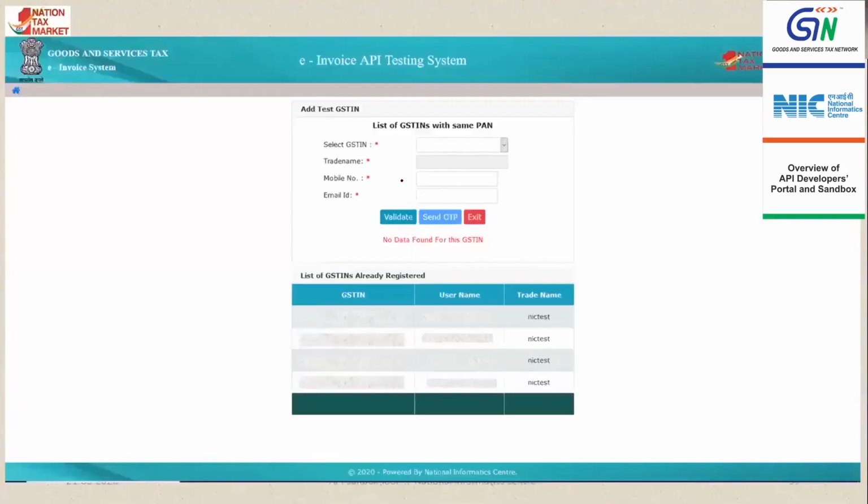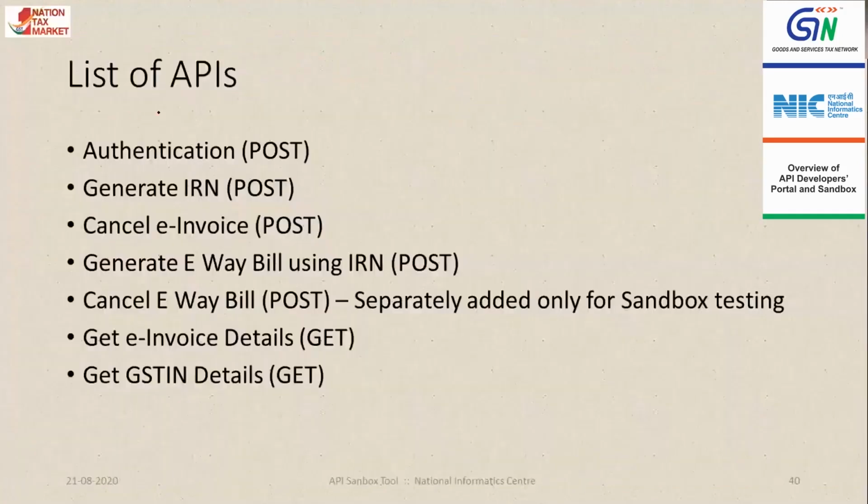And the APIs currently available as a IRP are authentication, generate IRN, cancel, generate UABIL using the IRN, cancel UABIL. Actually, this is added only for testing purpose in the sandbox, but on the production, this API will be called from the existing UABIL infrastructure itself. Then get e-invoice details, get GSTN details, etc. are available.